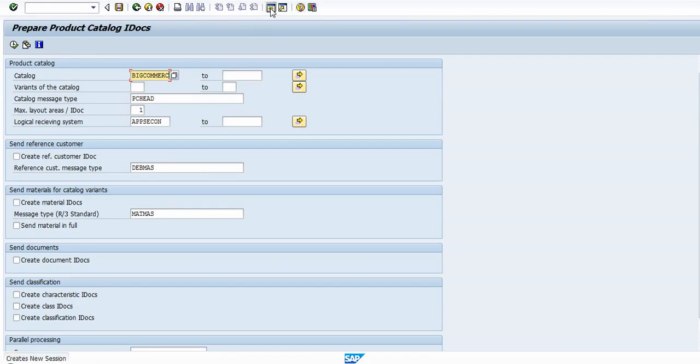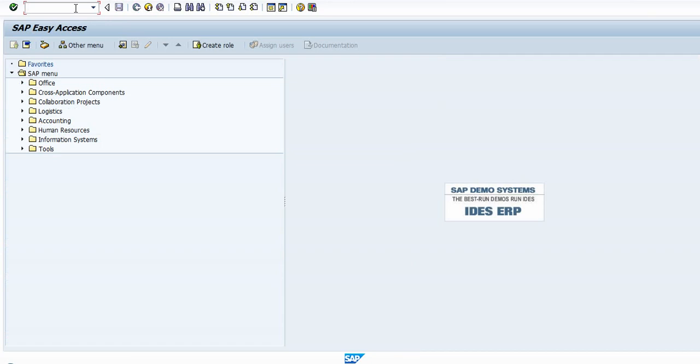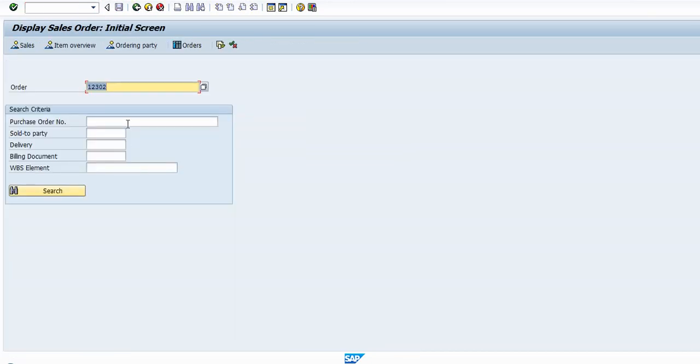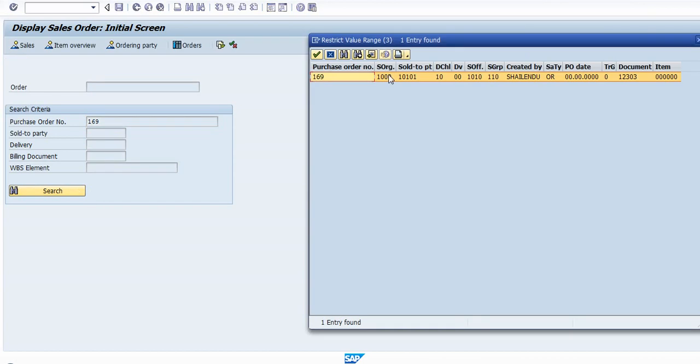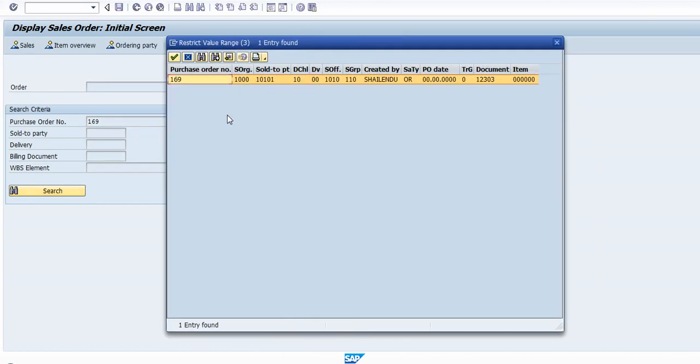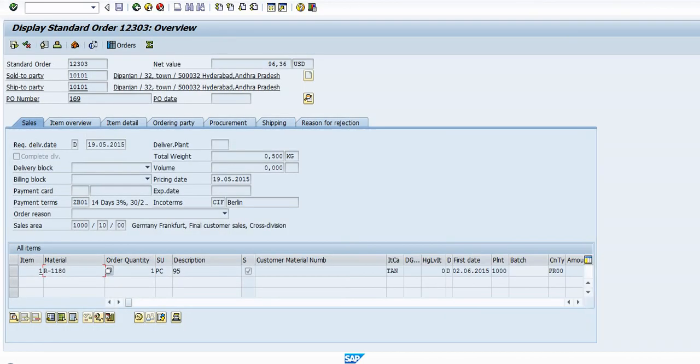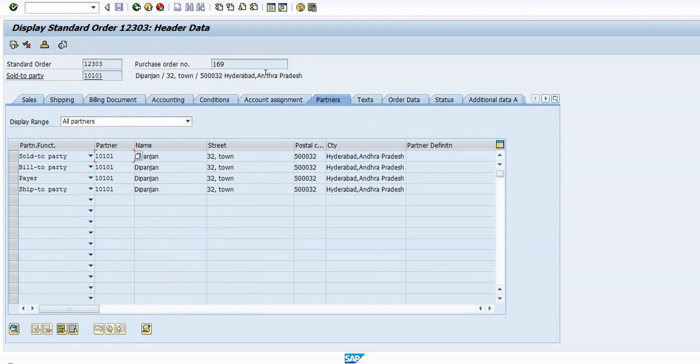If we go to ECC now, as you can see, the order has been transferred into ECC. So this is the address that we have entered. This is the details about the customer. Okay, one time